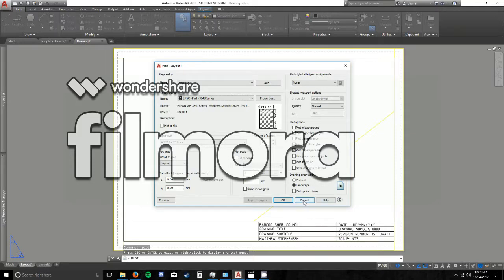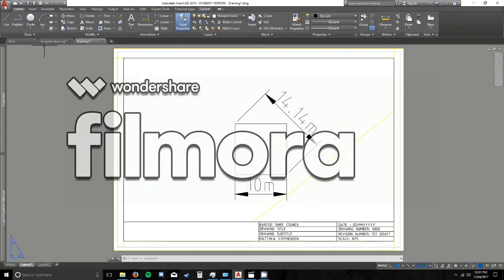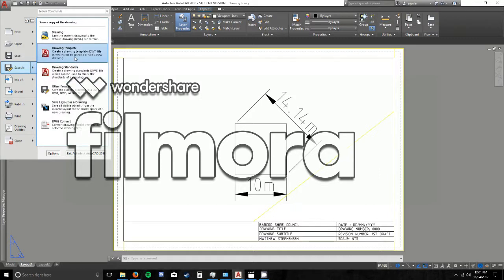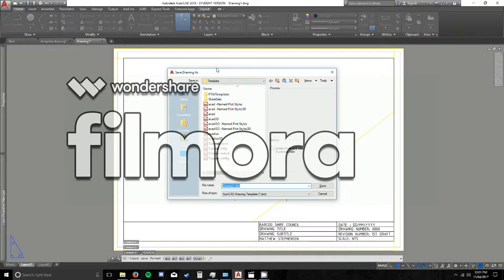Okay, and then click cancel and go File, Save As, and you can save this as a drawing template. And then you can save it in your templates. I'll call this my Barcoo Shire Council A4. So that, whenever you need to start a new drawing in A4, you can find it here in templates. And then you save,